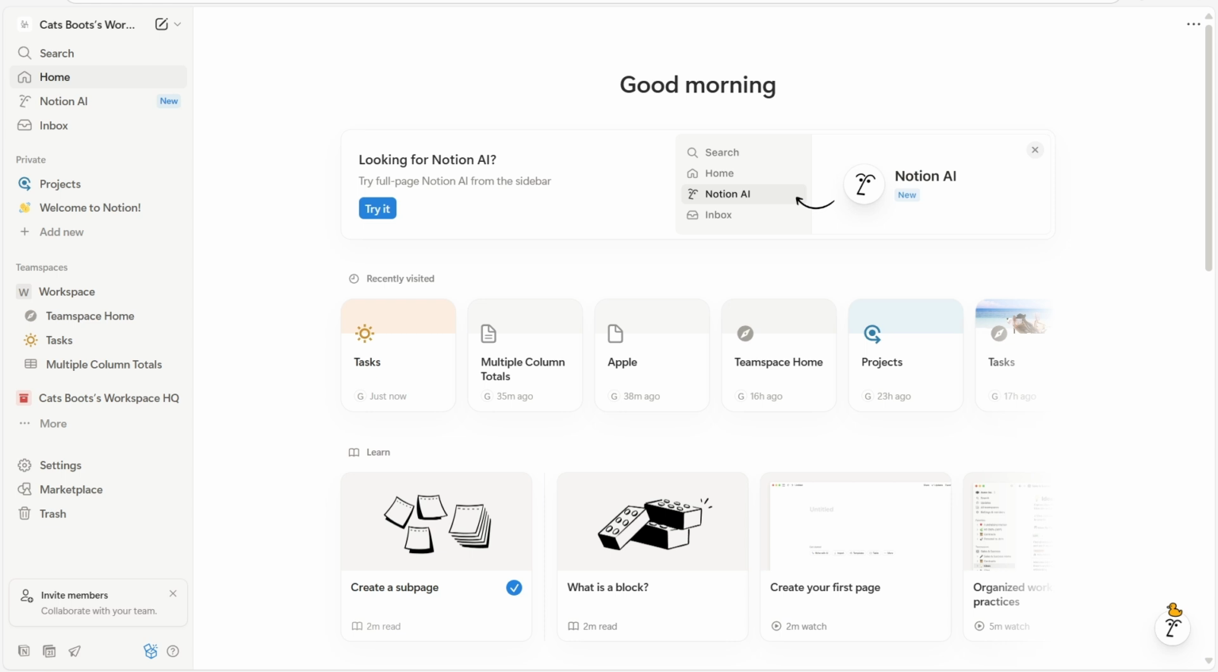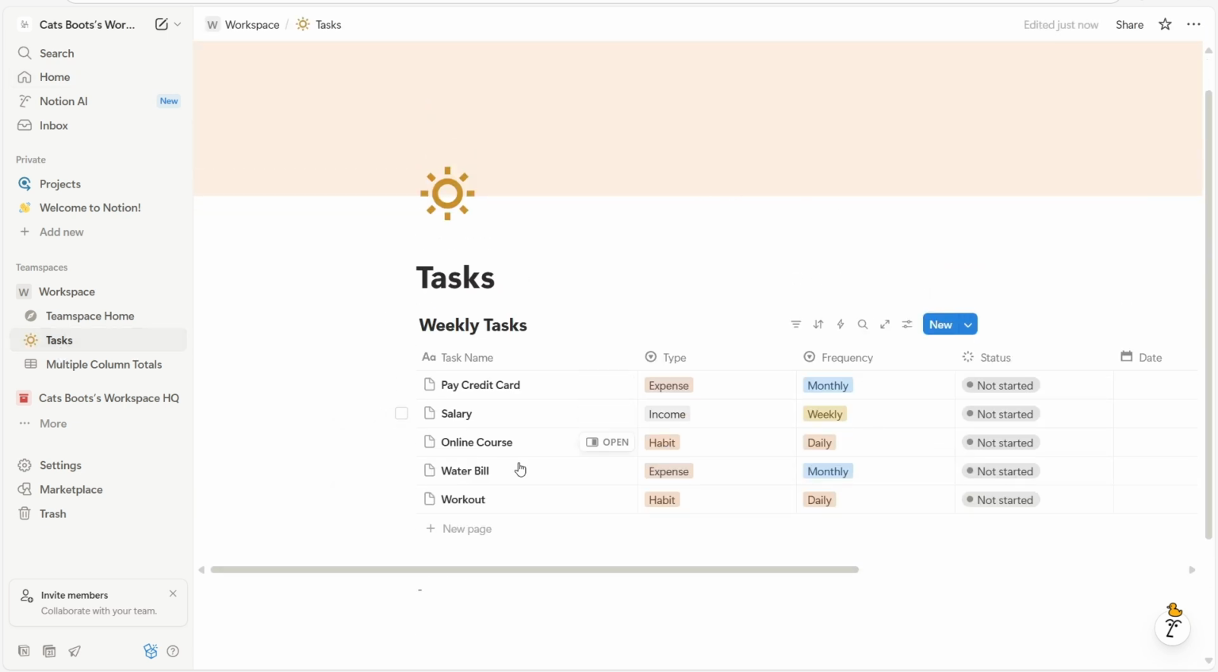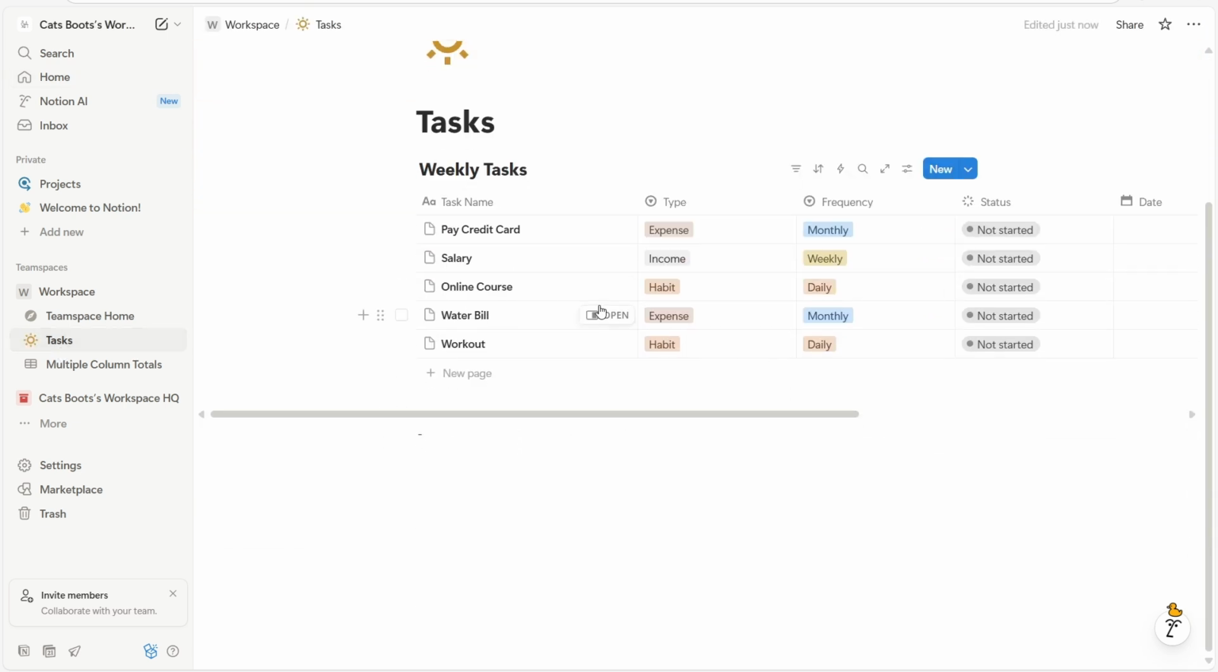first thing that you want to do is go to the exact page in which you want to make a form. And to do that, you want to go to the left-hand side on the navigation panel, and in either the private or the team spaces section, you want to click on a page. Let's say I want to add a form to the tasks page, and the first thing that you want to